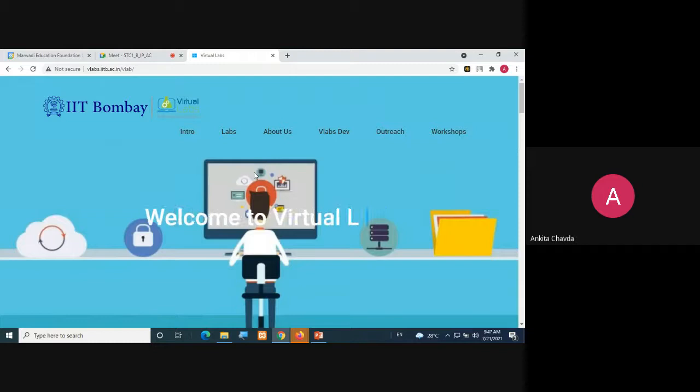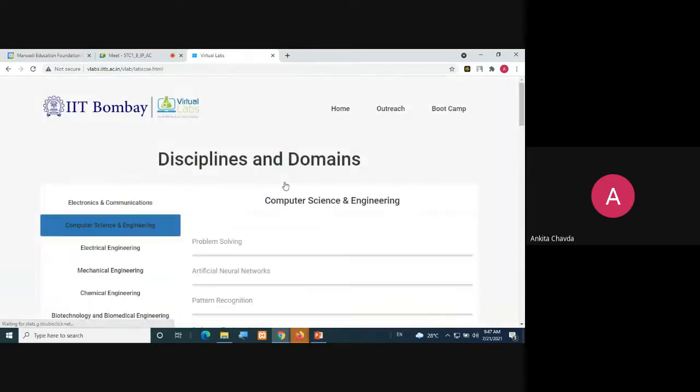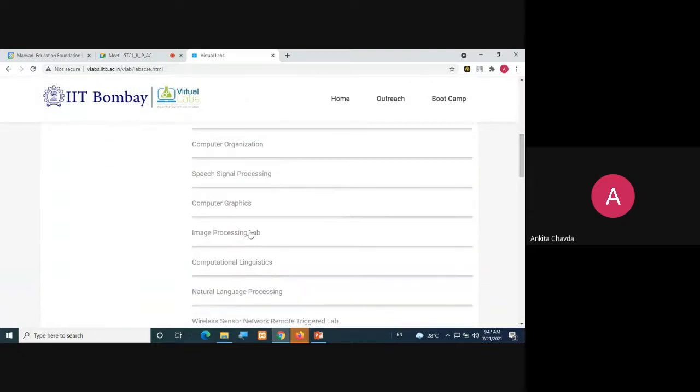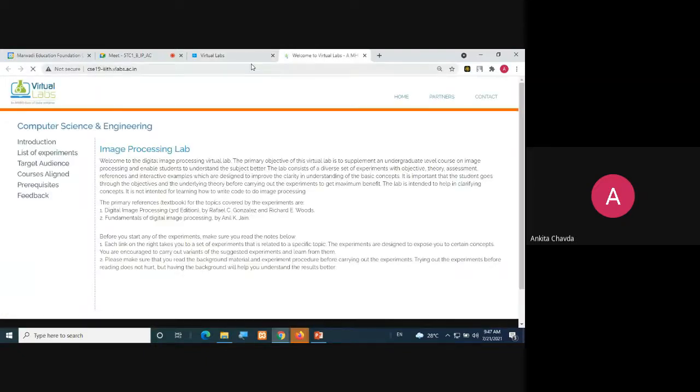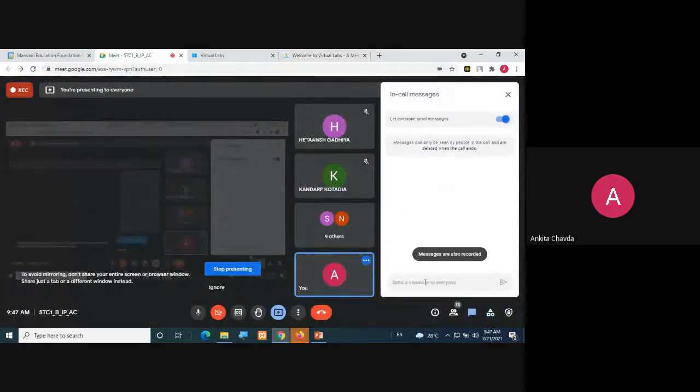So, here you need to open the virtual lab in that image processing lab. I'm giving you the link here.